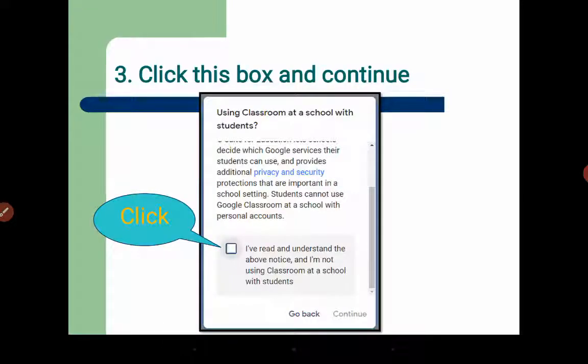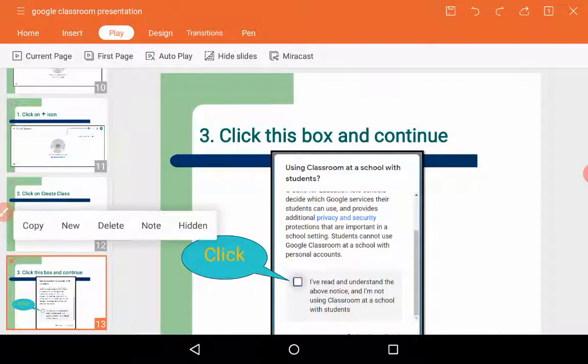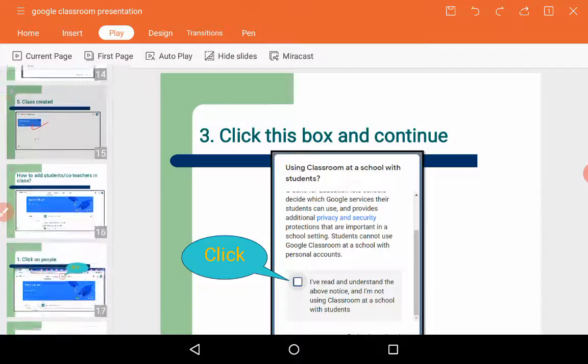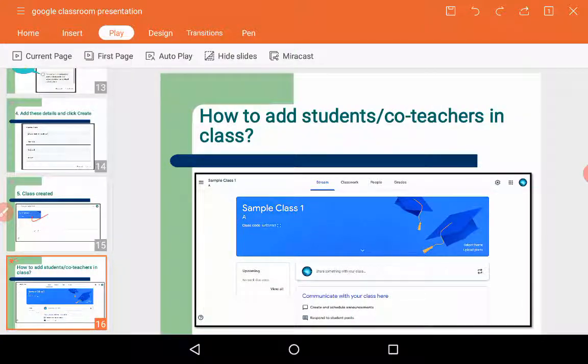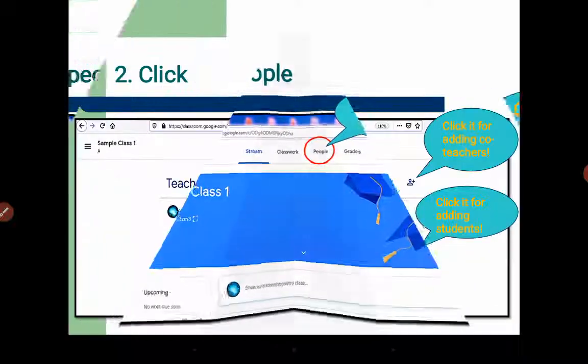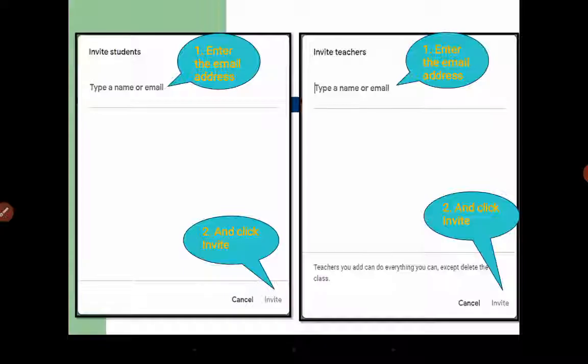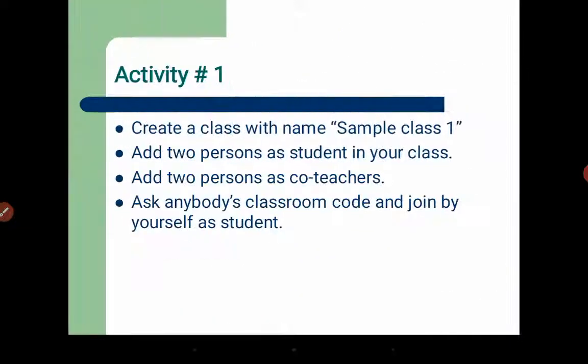And when the student enters the code, then the student is automatically added to the class. So this is the easier way to add students. This is the activity that you must perform.